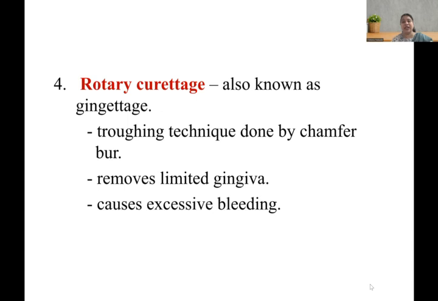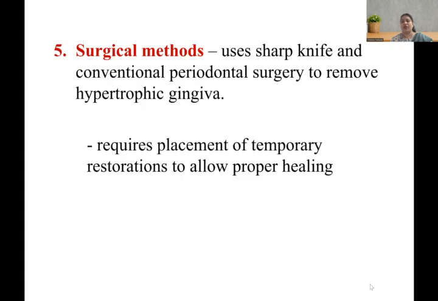Next technique is rotary curettage, also known as gingitage. In this, troughing is done by chamfer bur. It removes excess gingiva but causes excessive bleeding, and that has to be controlled by use of chemicals which we have already discussed. In the last method, we have surgical methods which use a sharp knife and conventional periodontal surgery to